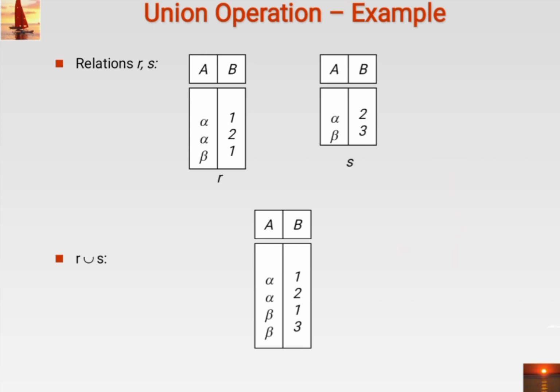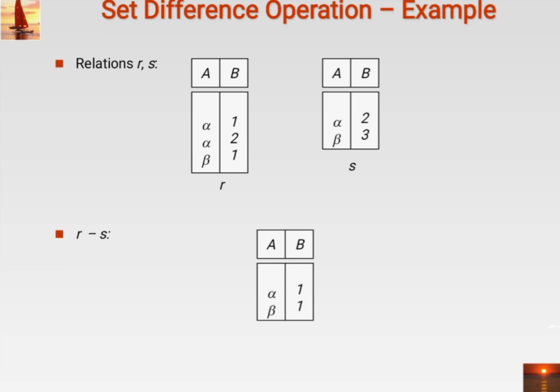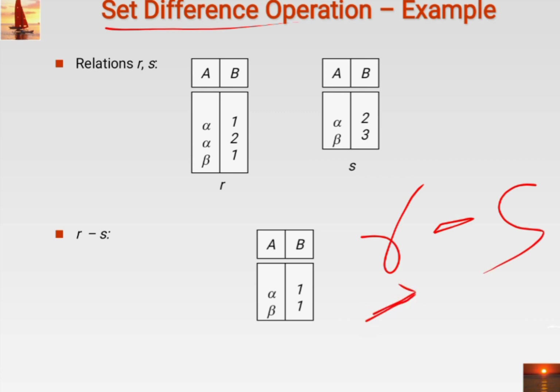So I am having one relation R and one relation S, right? If I am doing R union S, whatever the combination becomes, that I need to join. So I am having alpha a1, alpha 1, alpha 2, right? So alpha 1, alpha 2, beta 1 and beta 3, that will be the union operation, R union S. Okay, then I am having the set difference operator, that will be indicated by minus. So if I am doing R minus S, what I will get, the meaning is the tuples which are present in R but should not be present in S.